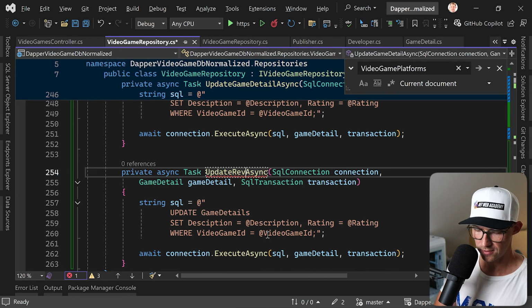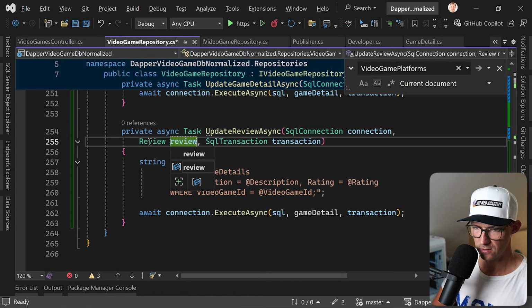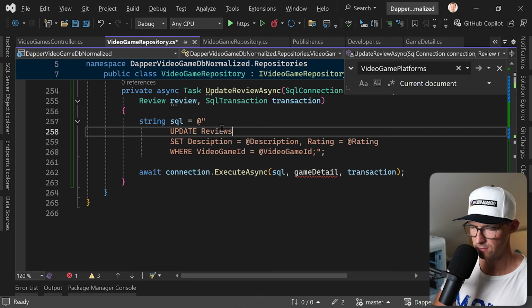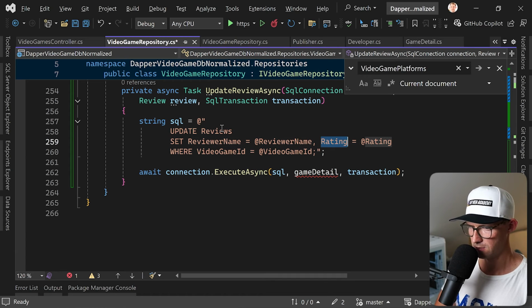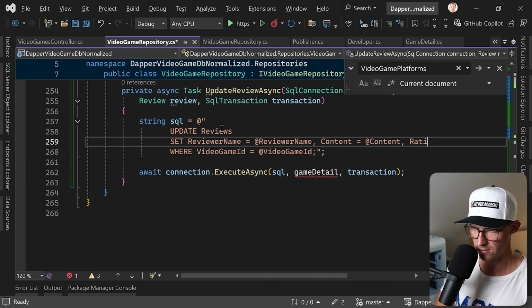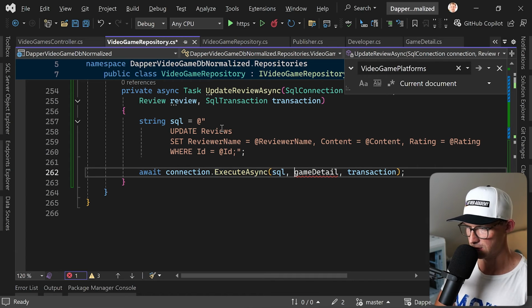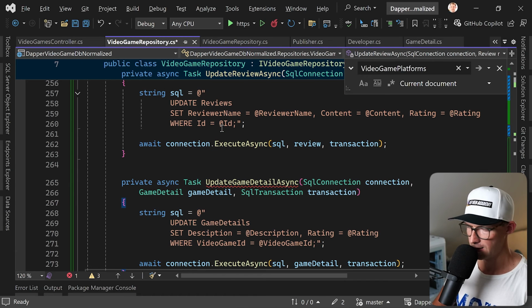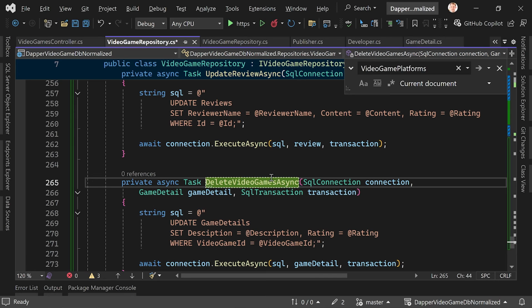update review async. We need the review here, also here. Update reviews. We set the reviewer name, then the content to the content, and actually also the rating. So like that, and we set this time the ID, or use the ID where ID is ID, execute async, and then the review. And the last one would be delete video game platforms, delete video games, game